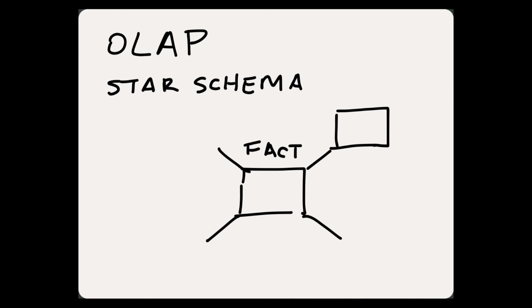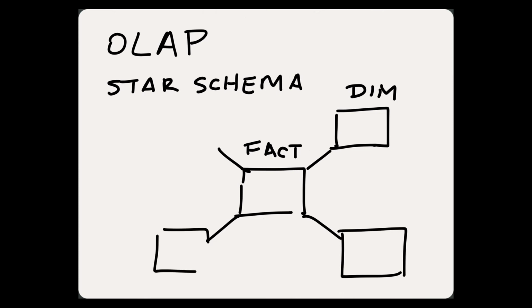What are the most common attributes of this fact? Now, the attributes of a fact in an OLAP schema are represented by what are called dimension tables. Sometimes we just call them dim tables, okay? And the idea behind a dim table is it represents some attribute of the fact, but usually it's an